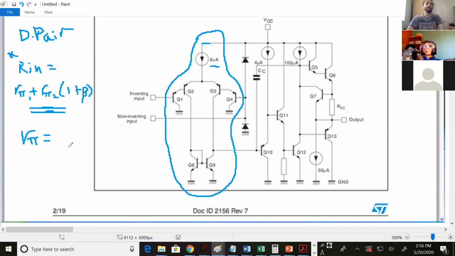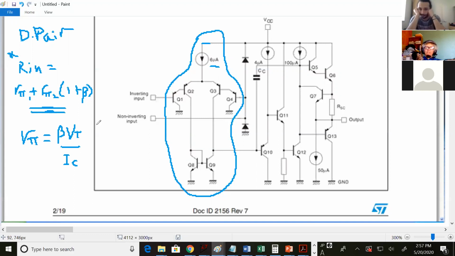Now, what's the equation for R pi? Beta times the VT over the collector current. So what happens if you make the collector current really small? You get a big R pi. Get a big R pi, and that makes this RN even bigger. So if this is 100 times the current, if you used 100 microamps over here, let's see,